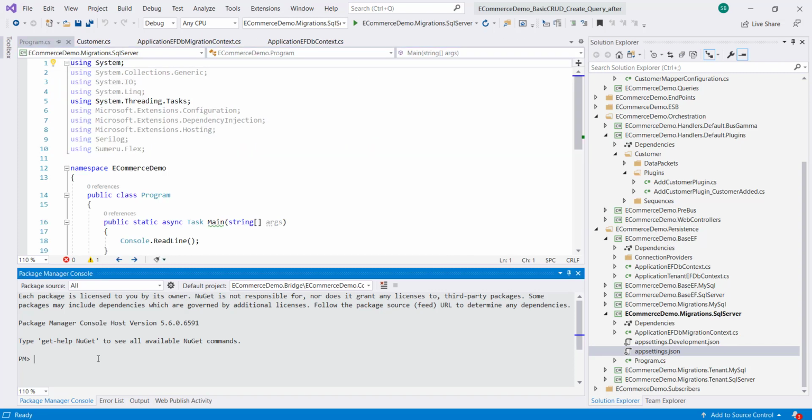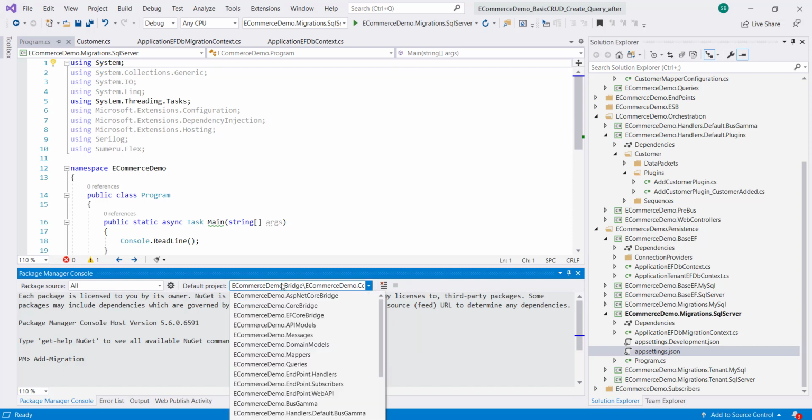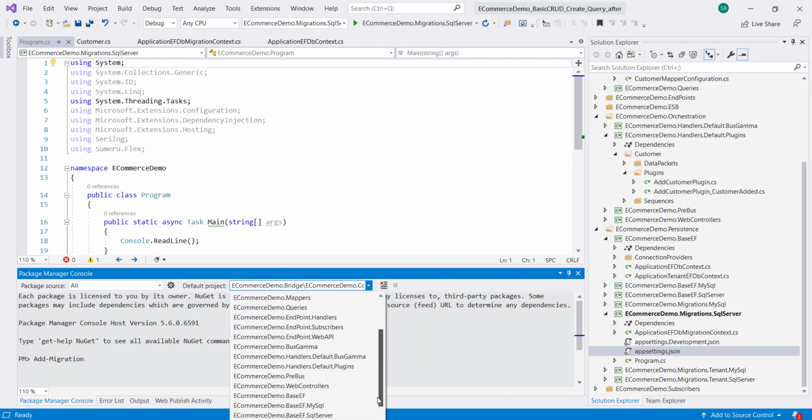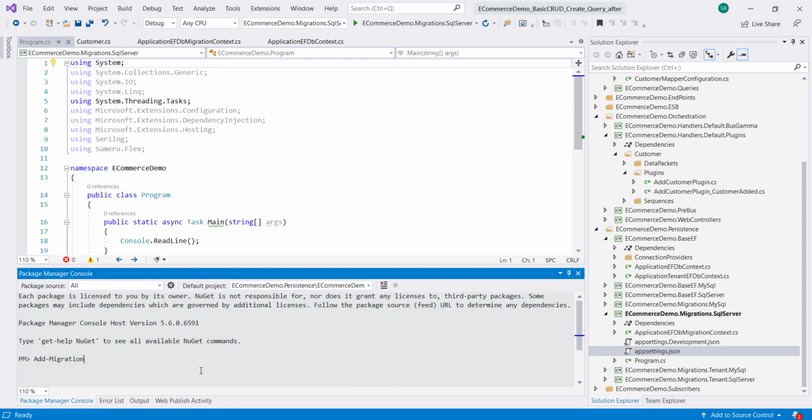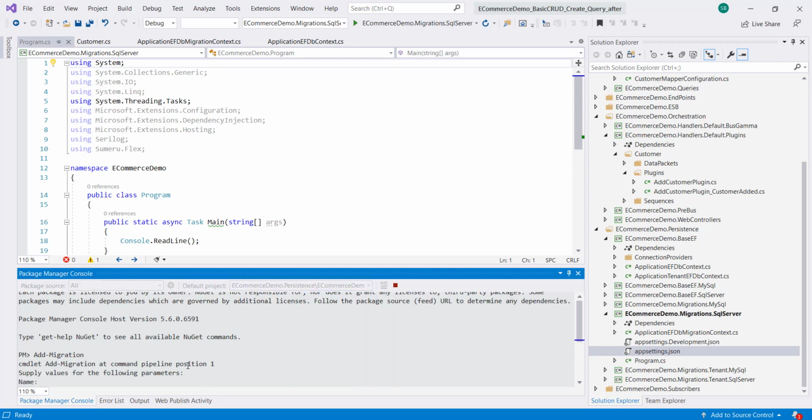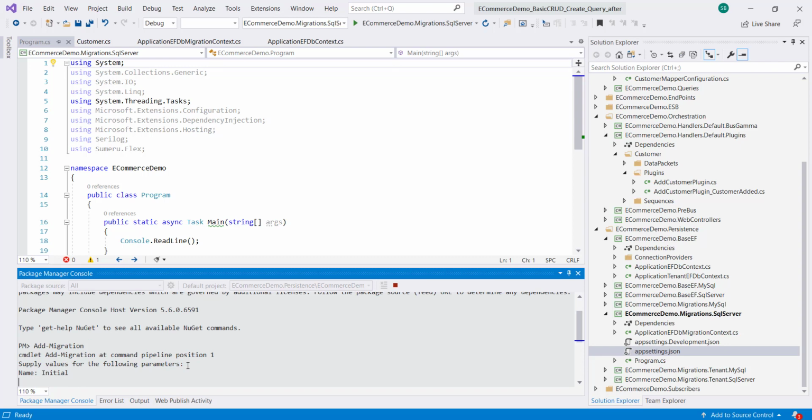Now we go and do add migration. Before that, remember we have to set this project as the default project, migrations.sql server. I'll give the name initial. You can give whatever name you want.